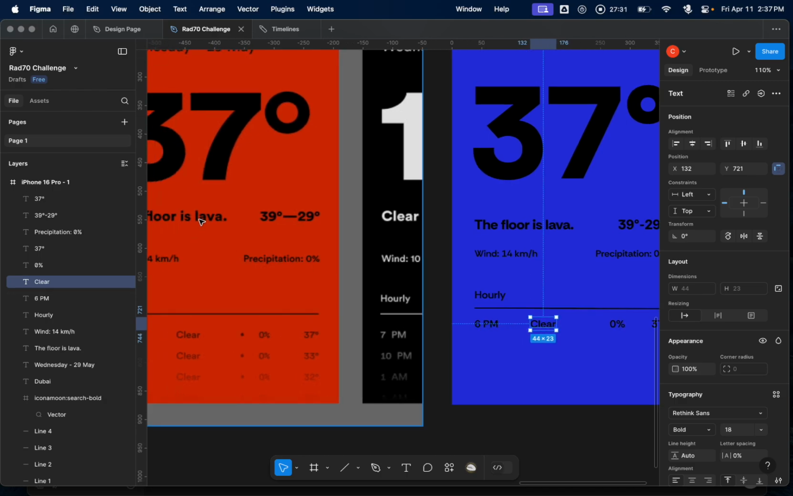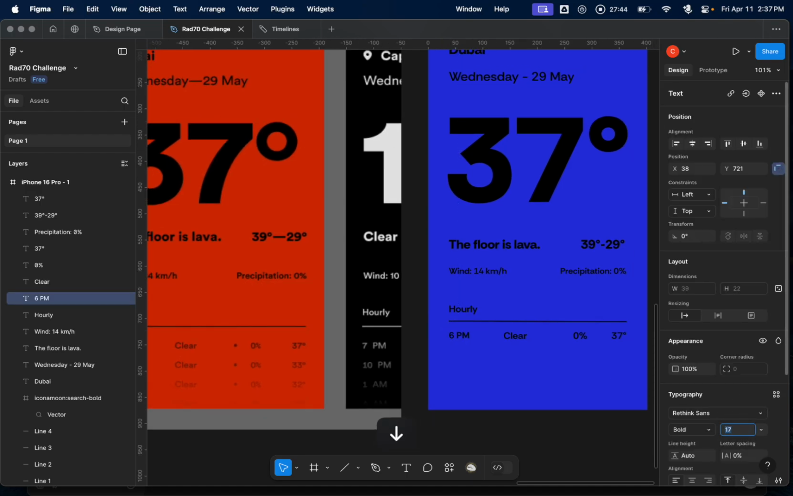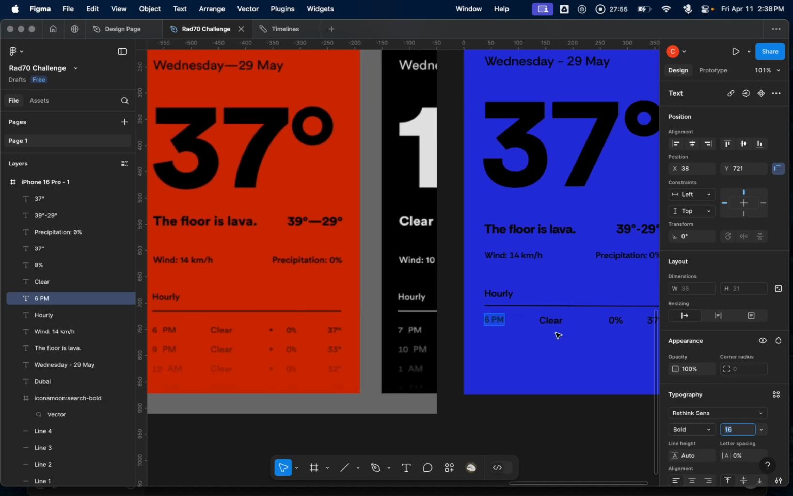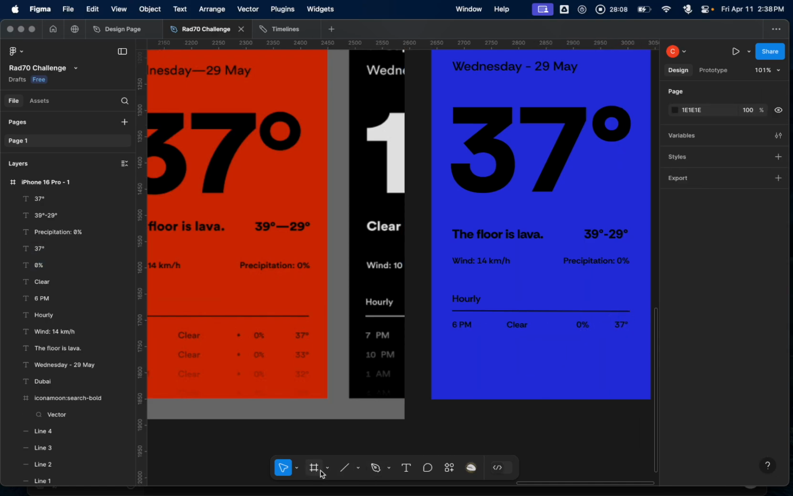I'm using where these line up with these words to determine my spacing for them. It does look like I need to make these smaller. Let's do 16. I think 16 is probably fine. 16, 16, and then I'm going to use